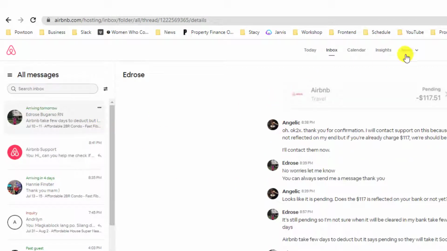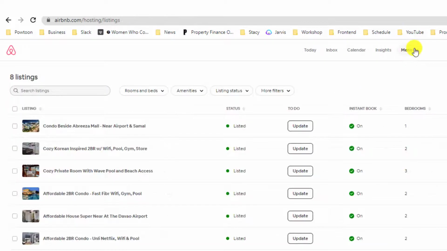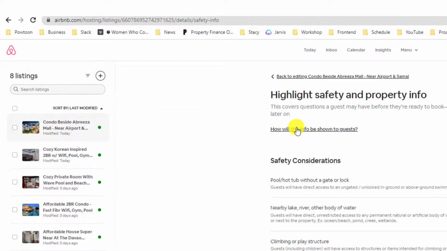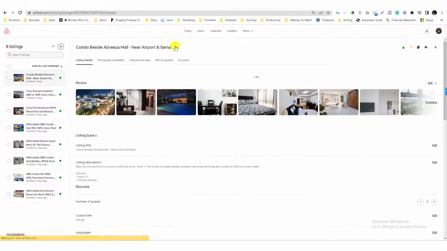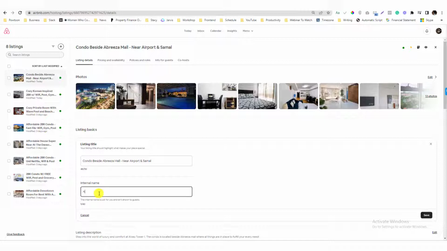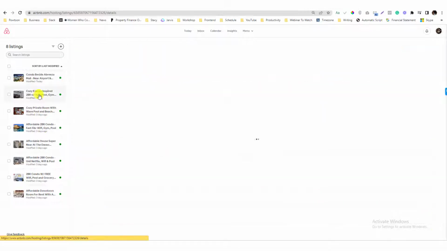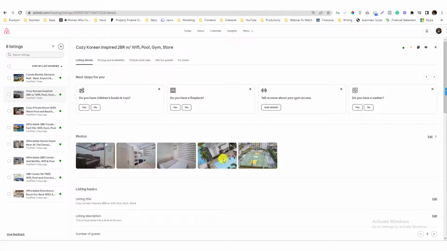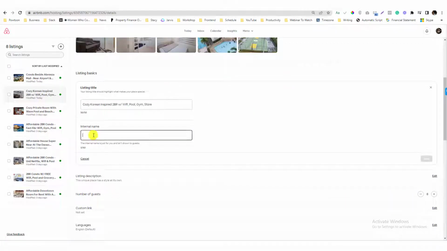So what you can do is go into the menu section and go to the listing, and let's say you want this to have its own internal name that only your team or yourself can see. So what you could do is just click the update section and then go into the back editing and go to the listing title and go in here. So if I type in that and then in here as well,